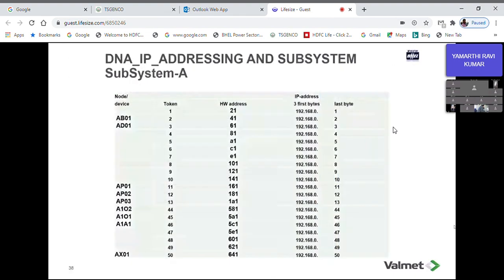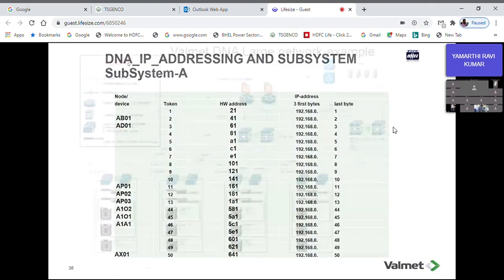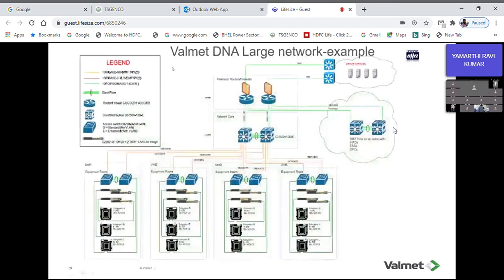We shall see about the DNA IP addressing. Before we get into this in detail, we can see what is a subsystem. In Valmet DNA, everything is